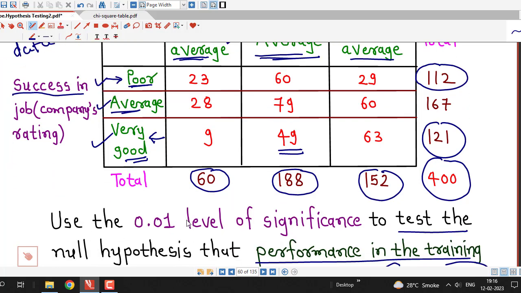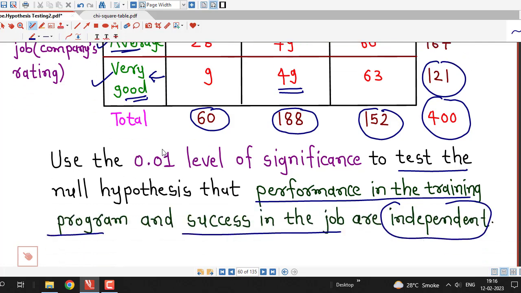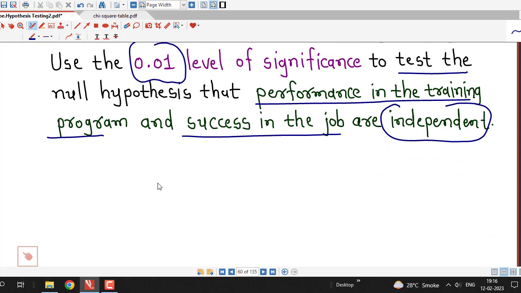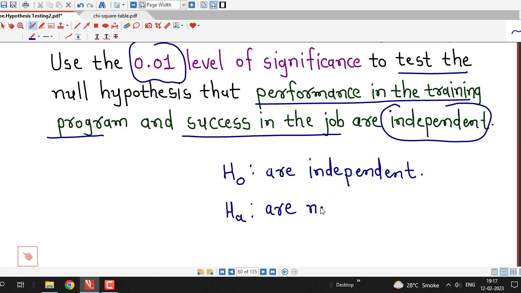Now we have to test the null hypothesis that these two variables are independent, and level of significance is given as 0.01. So first step is to write down null and alternative hypothesis. Null hypothesis is always that given two variables are independent. Whenever we are applying this Chi-Square test of independence, we will always consider null hypothesis as that given variables are independent. Here null hypothesis will be performance in the training program and success in the job are independent, and alternative hypothesis is negative statement of this null hypothesis. That means performance in the training program and success in the job are not independent. Level of significance is given as